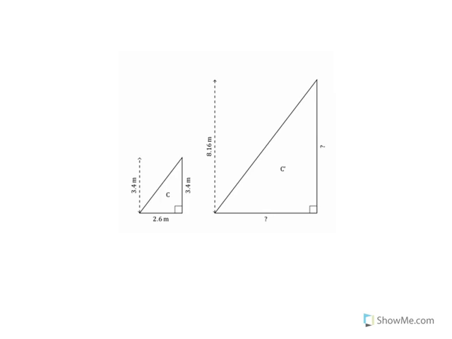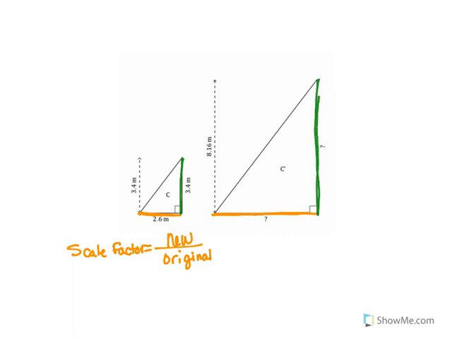Okay, so if we look at this, remember our scale factor. Alright, so our scale factor is new over original. So if we look at this, we can't use these two yellow sides to find the scale factor, because we don't have both of them. We also can't use these two green sides, because we also don't have both of those. So we have to use this height that they gave us to find the scale factor,